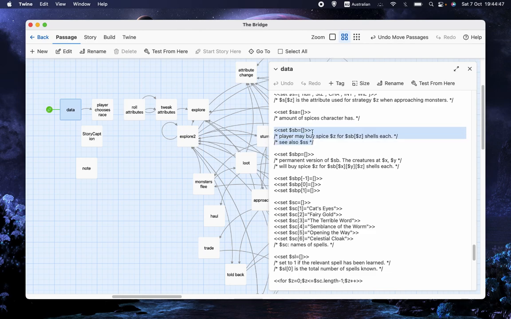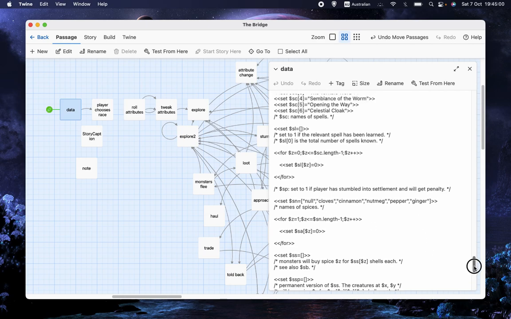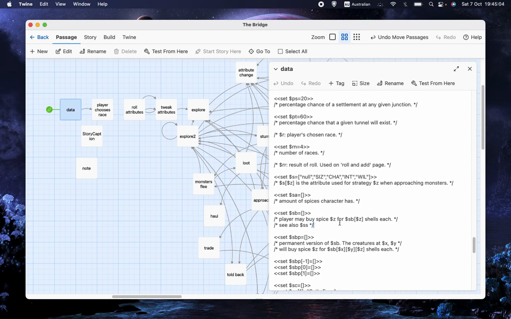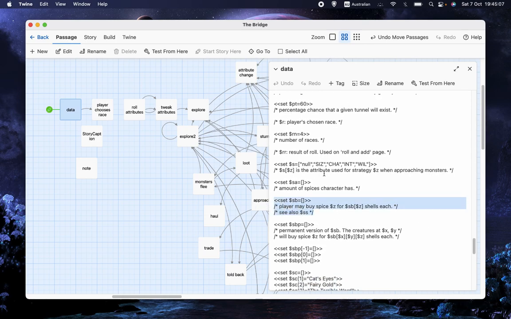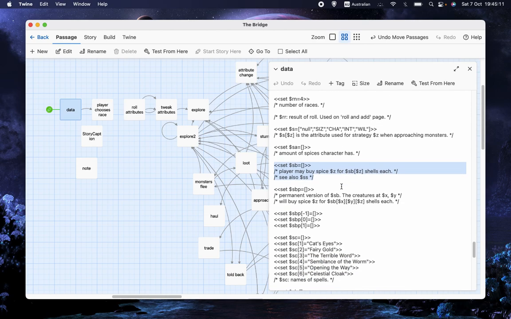So, for example, SB3 is how much it would cost you to buy 1 measure of the third spice, which would be nutmeg. Those two arrays, SB and SP, handle the prices in the encounter that the player is currently having, but we also have SBP and SSP,